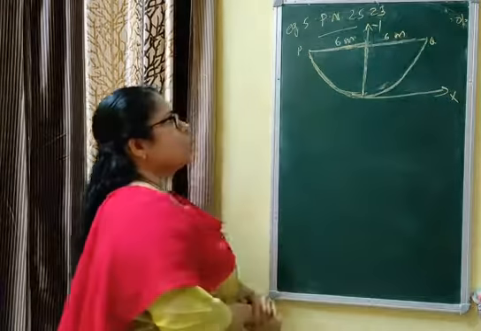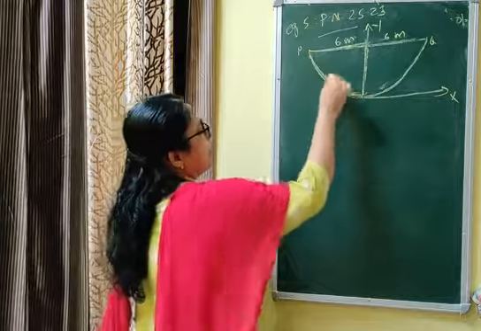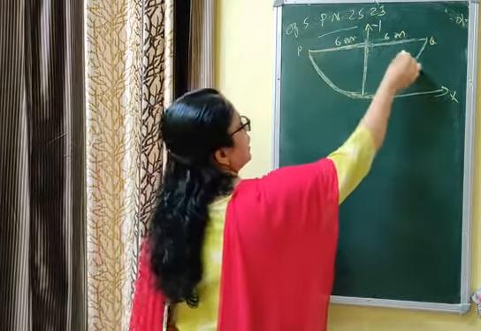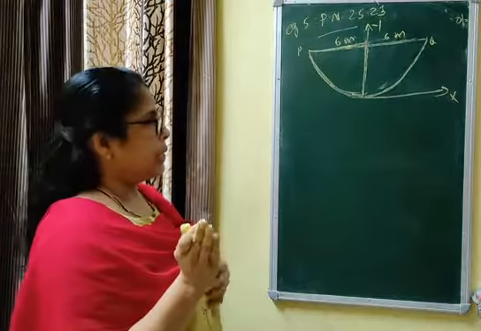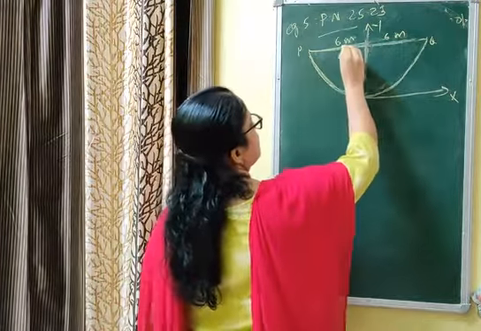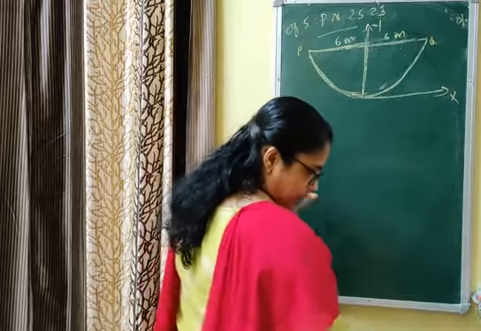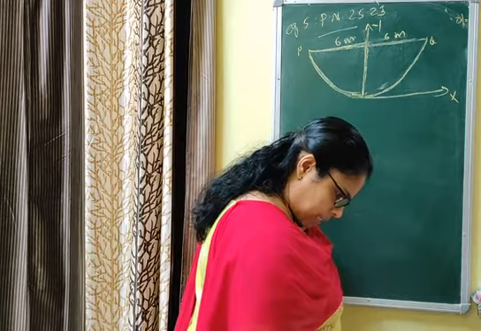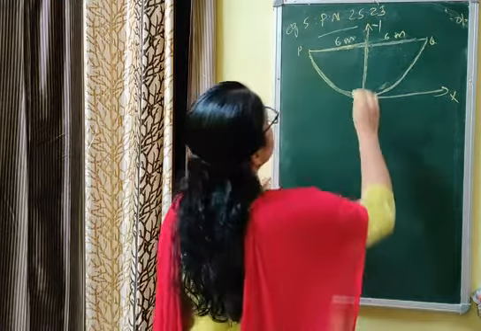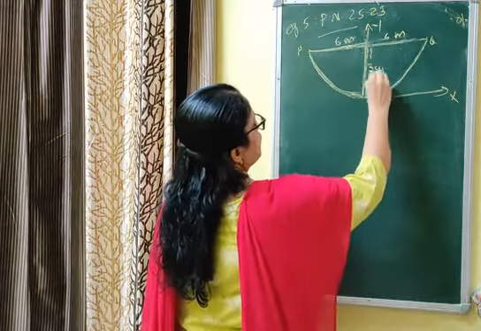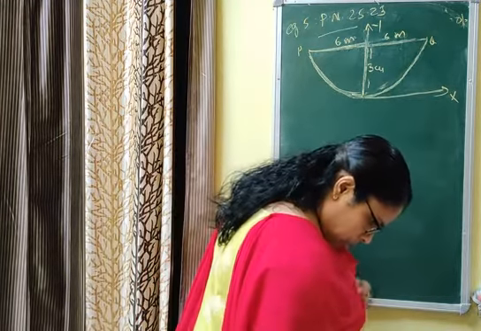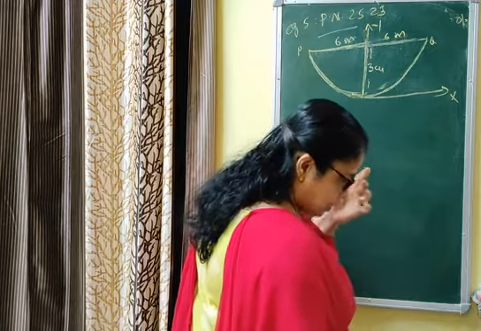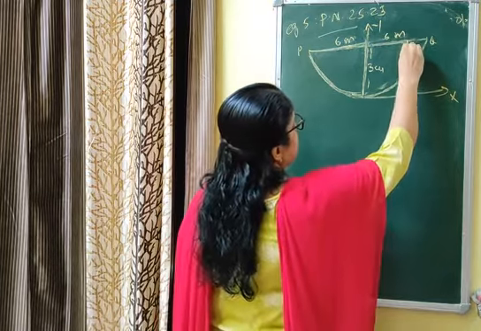I am once more explaining. There is a beam which is deflected by loading weight at the center, and the beam is deflected in such a way that its ends are at a distance of 12 meter apart. Since this is the y-axis, this distance is 6 meter, 6 meter. Now, what else are you given? Since the load is connected, there is a deflection of 3 centimeter at the center. Center में से 3 centimeter deflection हो गया. Now, the deflected beam is in the shape of a parabola. How far from the center is the deflection 1 centimeter? Center से deflection 1 centimeter है.